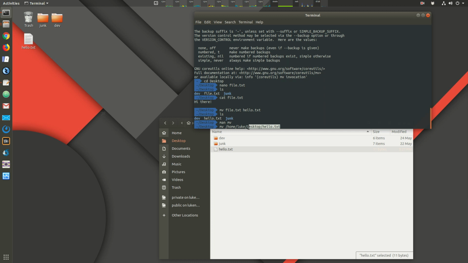Okay, this is just an argument. It's not a command line option. This is random data that has been supplied by the user. It can be anything. The move command isn't aware of this specific data. Whereas command line options, it recognizes those immediately, and it does something different. It executes the program in a different way based on those options. Okay, so I can use this absolute path, and it's an absolute path because it starts from the beginning of the file system. And I can move that to